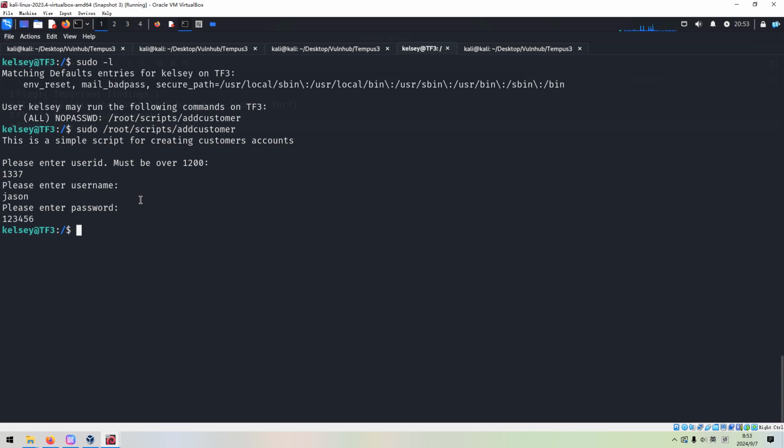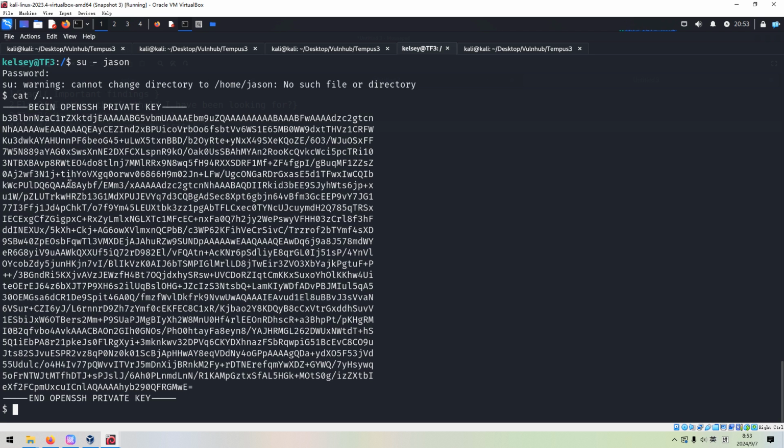So now we have already created the user JSON, and this user has the UID of this one. So then we can switch our shell to the new user, and then we can access that suspicious file. 1 2 3 4 5 6, and now we can get this file.